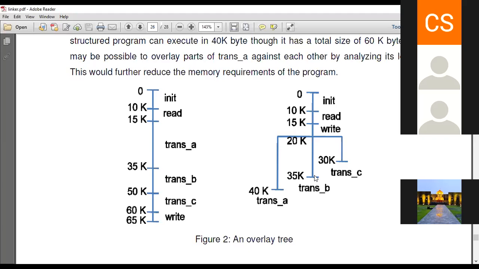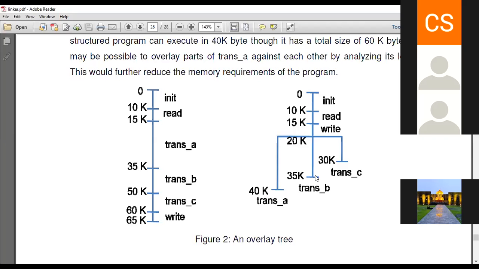And after the execution of trans B, again from the same location, that is 20, you can execute trans C by overwriting it onto the B. म्हणजे 20 ला आधी तुम्ही ट्रान्स ए लोड केला, पूर्ण एक्झिक्यूट केला, एक्झिक्यूट झाला तर ज्यावेळेस तुम्हाला ट्रान्स बी एक्झिक्यूट करायचं असेल तर तिथंच तुम्ही तो ओव्हरराइट केला कारण तुम्हाला परत ट्रान्स ए ची काही गरज नाहीये. ट्रान्स बी परत तुम्ही एक्झिक्यूट केला आणि after the execution you overwrite the trans B by trans C आणि परत तो एक्झिक्यूट केला.